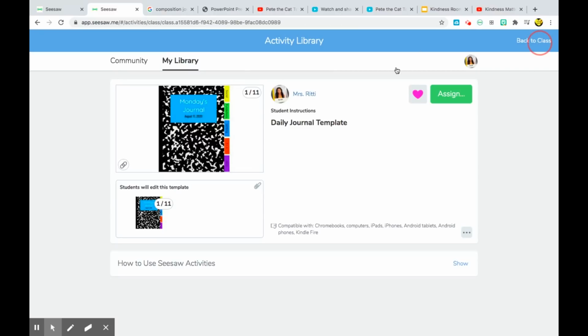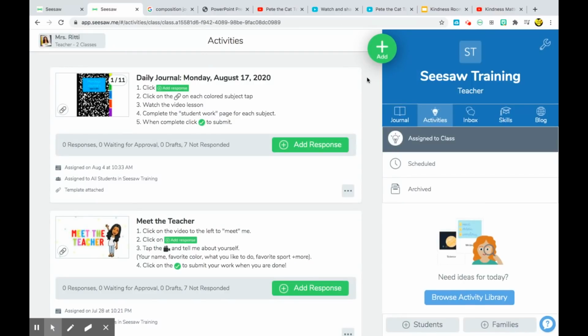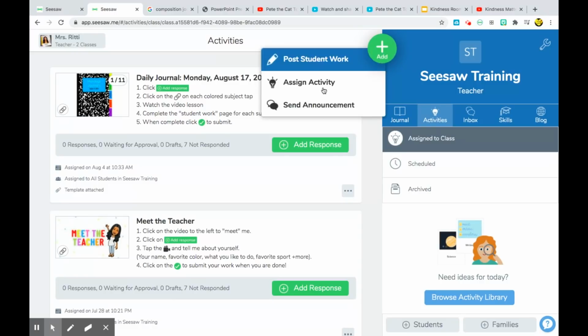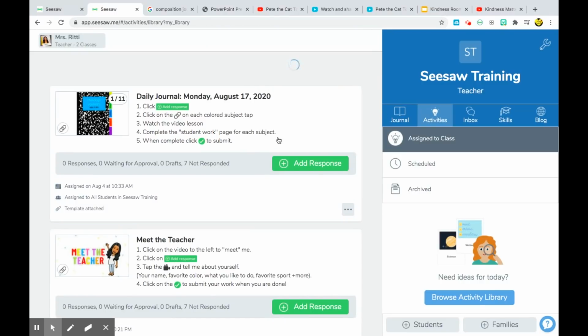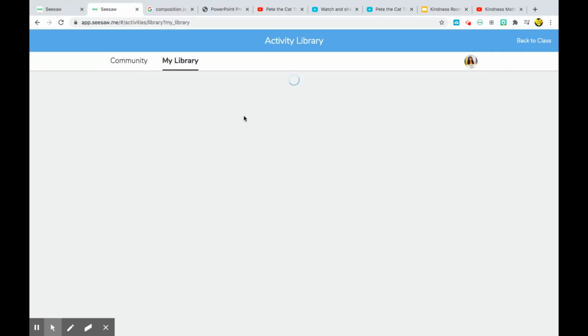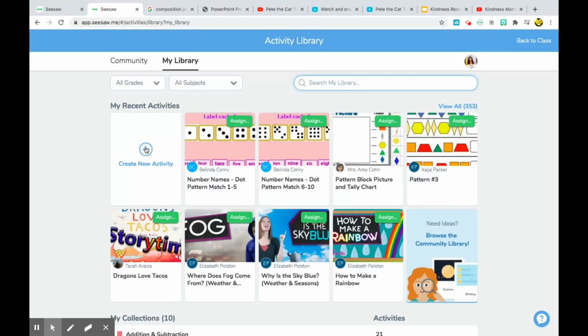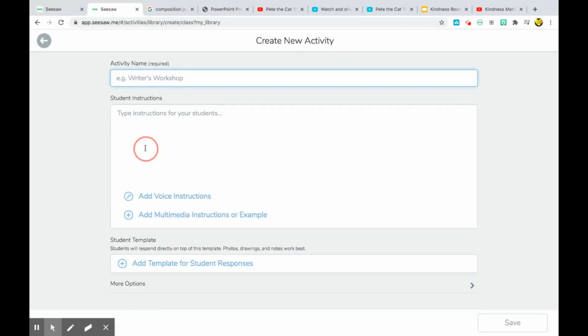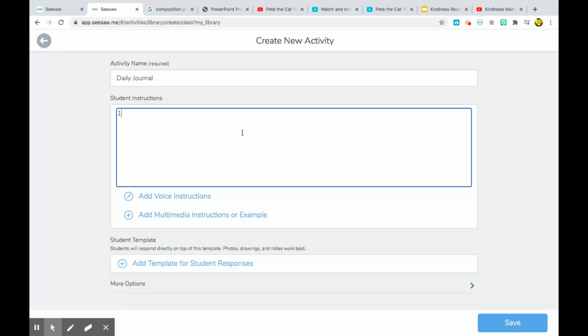And so I want to go back to my class, and I'm going to show you how to do it from scratch. So go ahead and go to the green Add button, click on Assign Activity, and it's going to take me to my library, and I'm going to click on Create New Activity here. From here, I need to label. So I'm going to say daily journal, and then I can type in my instructions, click Add, etc., depending on